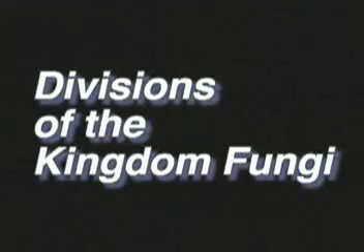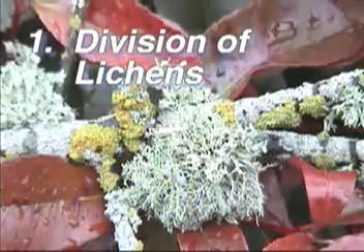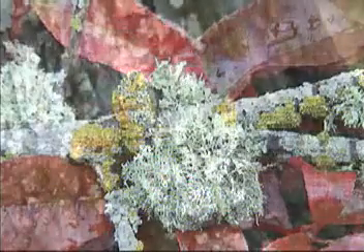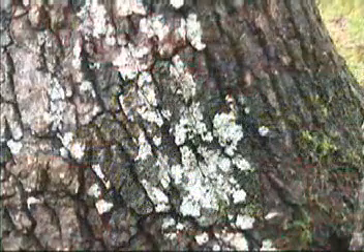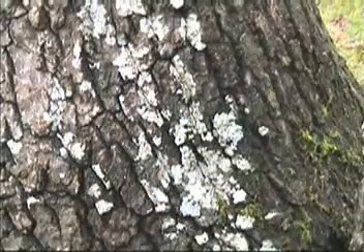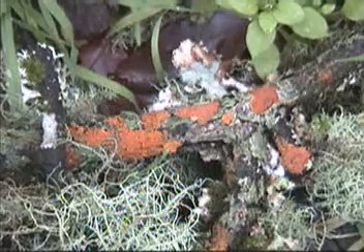The kingdom fungi has 5 main classification groups called divisions. One of these divisions has been set aside just for lichens. Even though a lichen is composed of 2 distinct organisms living together, it behaves as if it were a single organism, so much so that biologists decided to classify them as such. Lichens are a very diverse division and consist of about 25,000 different species.